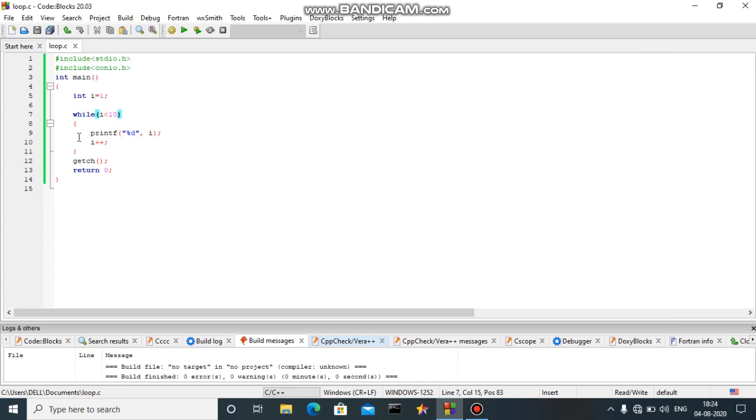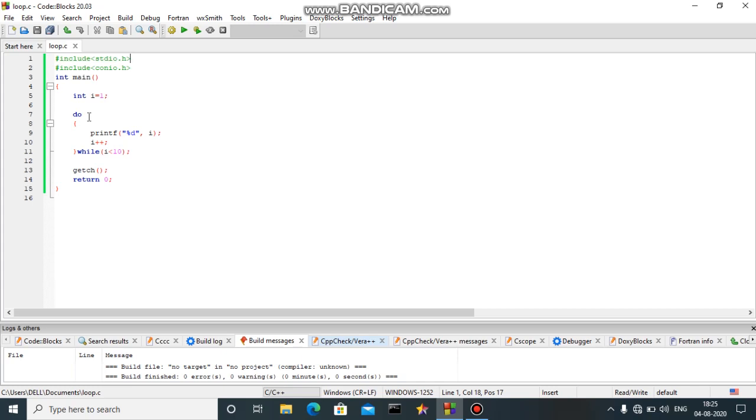In while loop, the condition is checked at the beginning. Keep this in mind because the next loop will be related to this. So guys, look here. The second loop is do while loop. For do while loop also the syntax is different. It is much more similar to while loop than the for loop. For loop is completely different.